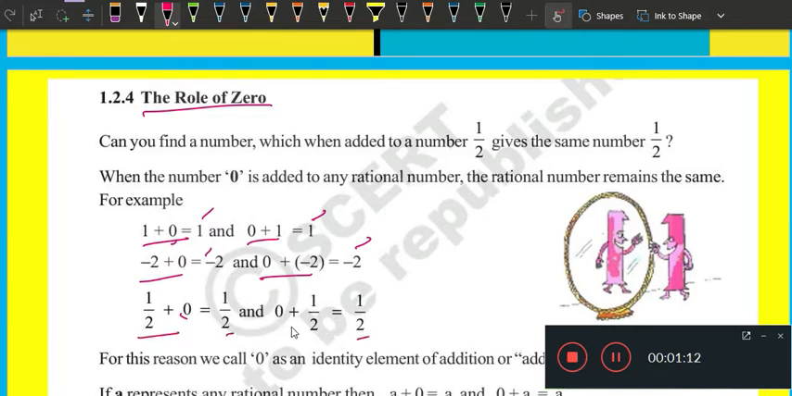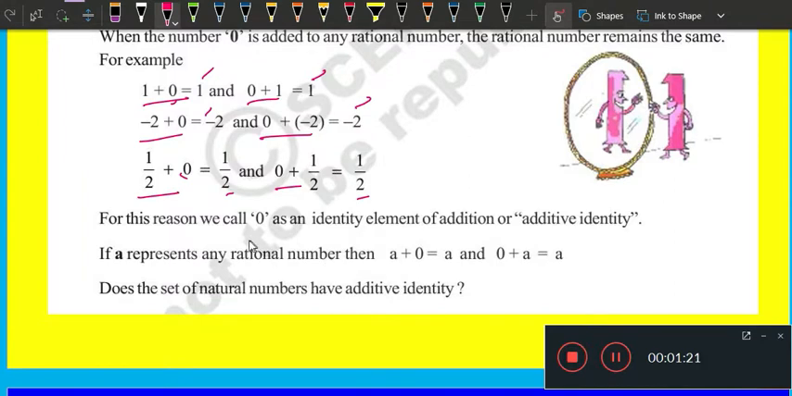Okay students, here what do you observe? For this reason, we call 0 the identity element of addition, the additive identity. So the additive identity is equal to 0. If a represents any rational number, then a plus 0 is equal to a and 0 plus a is equal to a. Okay students, if we add